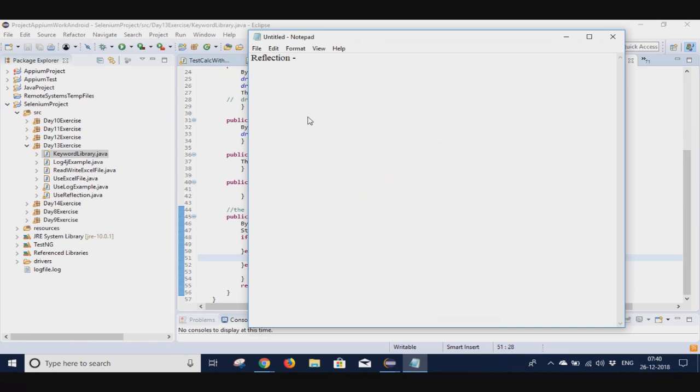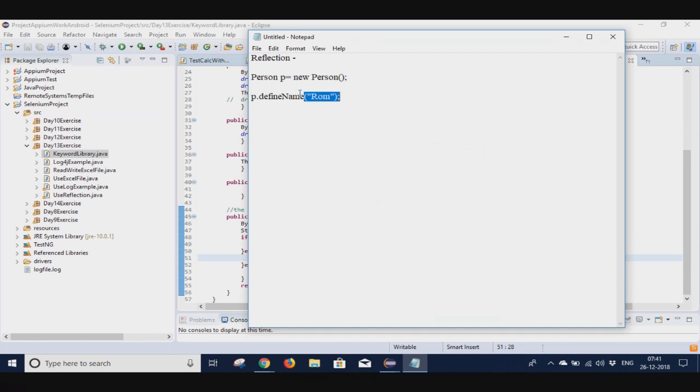Let's say we define a person class: Person p is equal to new Person, right? And then you say p dot, let's say, defineName. So to call a method, you create an object, then you use the accessibility operator and you call this method defineName and pass the variable. That's how you do it. But reflection says that, let's